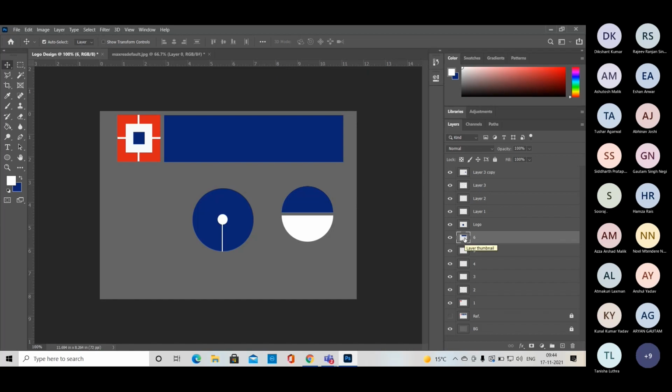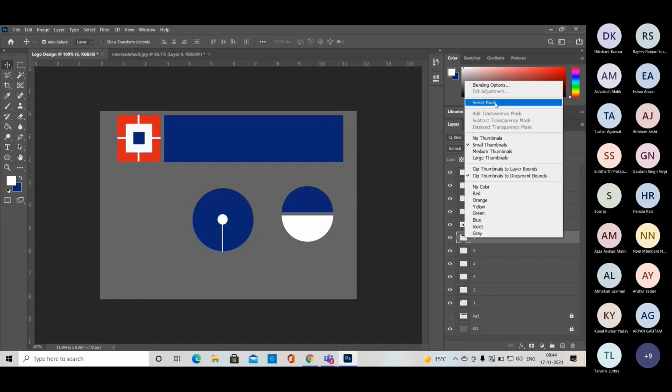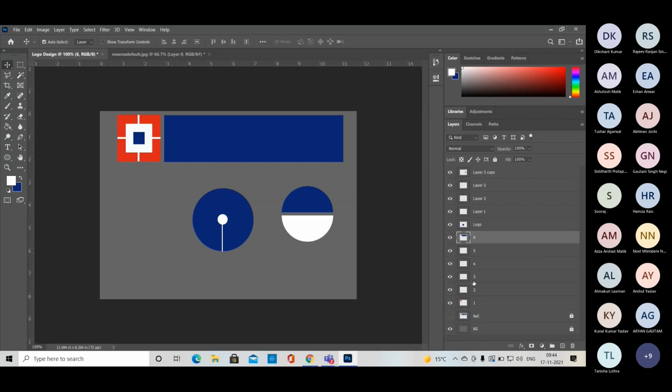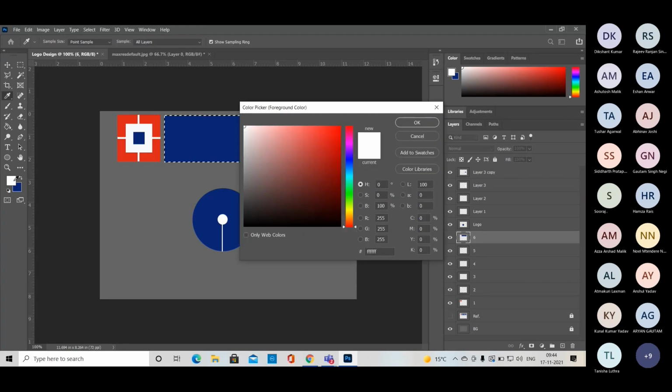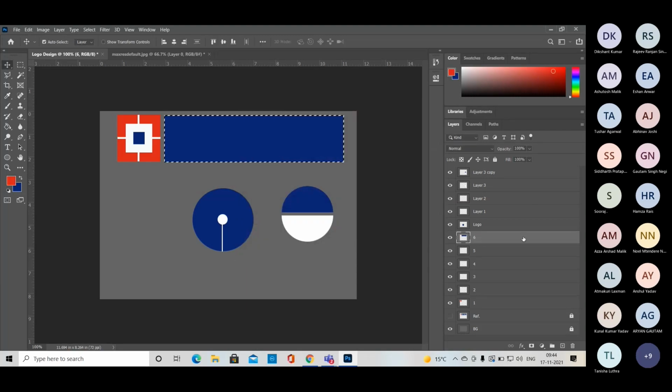हाँ, सो तुषार ने एक ऑप्शन बताया आपको, you can find out with the select pixels on the box. Just right click and you can go with the select pixels, so you have hand selection. Shortcut is just press Control and click on the box. We have a selection. Now I want to fill the color, so I want to fill the red color. Select it, okay, and then Alt backspace. So in this way anytime we can change the layers, and we have an option if we put everything on a different layer, so anytime we can change it. That's the use of layers, right?